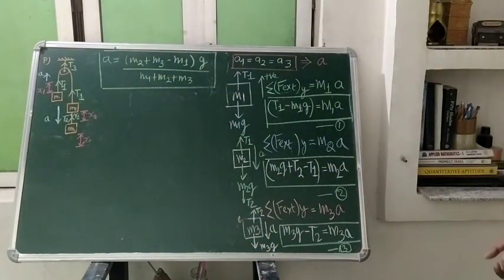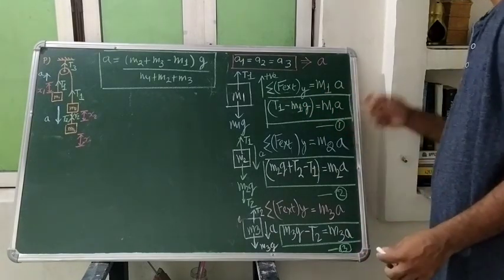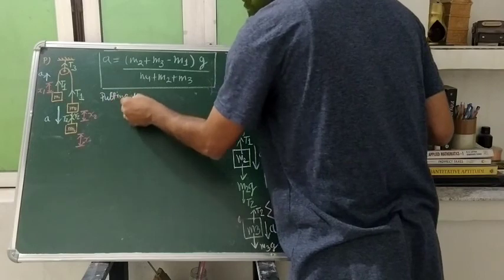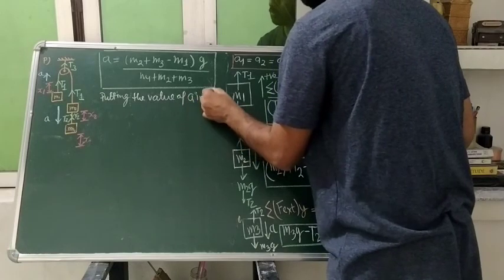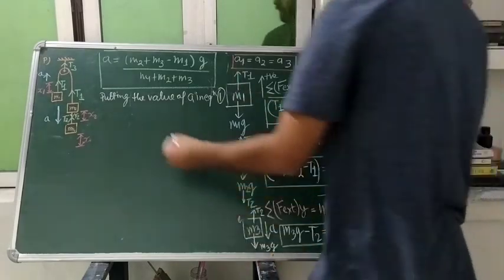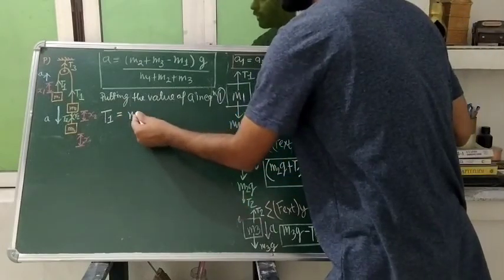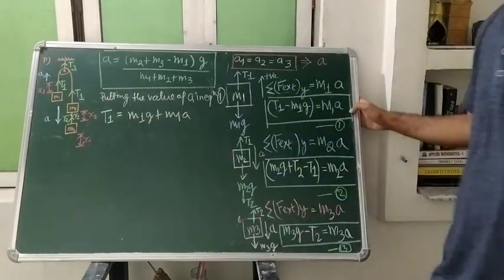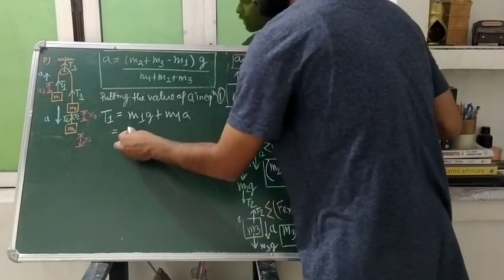Now students, what will we do? We will put the value of a here in equation 1 and we'll get the expression for T1. So putting the value of a in equation 1, what will we get? Our T1 will become equal to m1a, or you can say m1g plus m1a, is it? From equation first, m1g will come to the right side, so we can write it as m1g